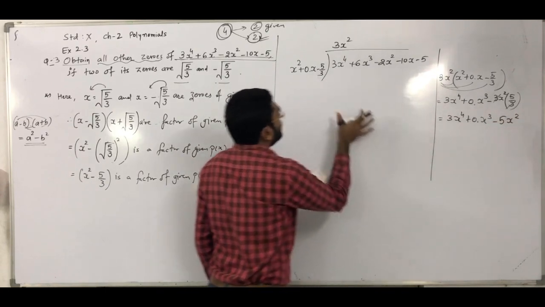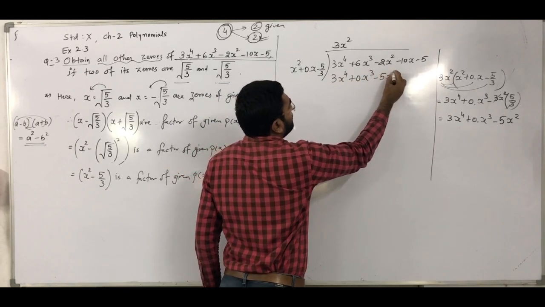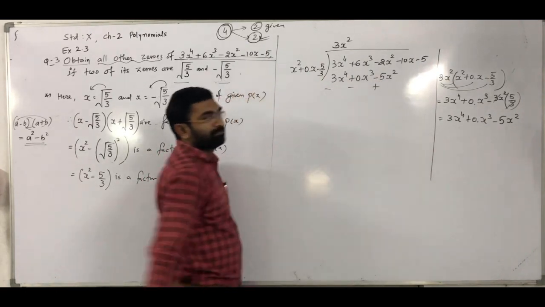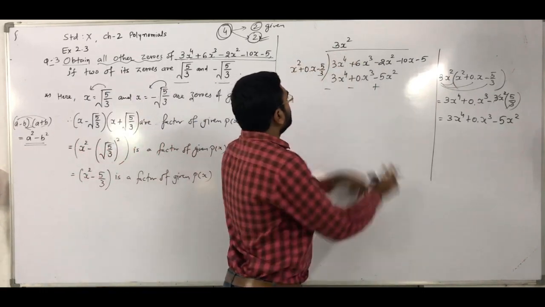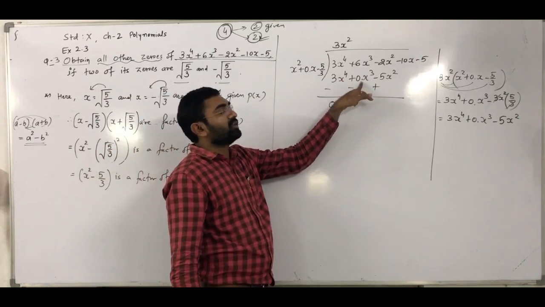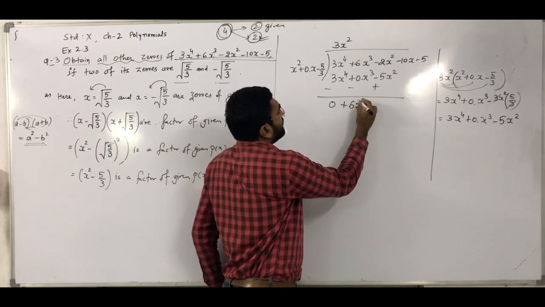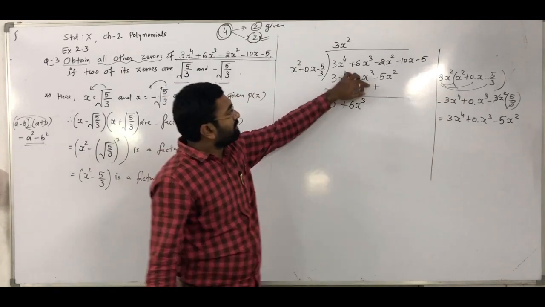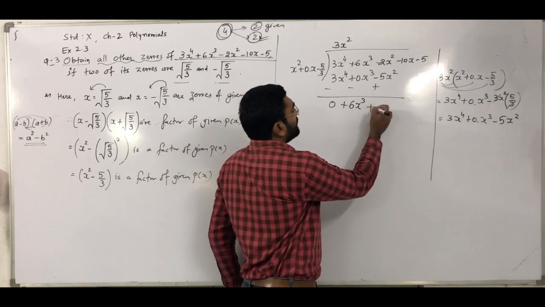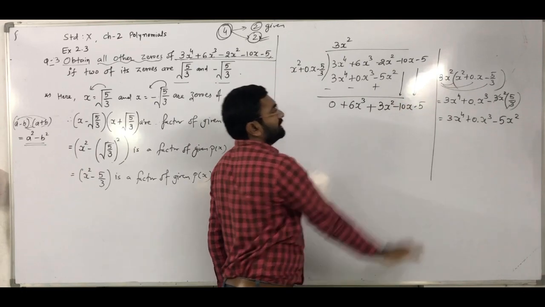Now all these three terms we have to put here: 3x raised to 4 plus 0 into x cube minus 5x square. Now we have to change the sign of all these three terms. Plus becomes minus, plus becomes minus, minus becomes plus. Now we have to add all terms. So 3x raised to 4 minus 3x raised to 4 is 0 only. Plus 6x cube minus 0 into x cube, that term becomes 0 only, so we get plus 6x cube. Then after that, minus 2x square plus 5x square. Plus minus minus, so 5 minus 2 is 3, but we have to take the sign of the bigger number, so we get plus 3x square. The remaining two terms we write as they are, minus 10x minus 5.